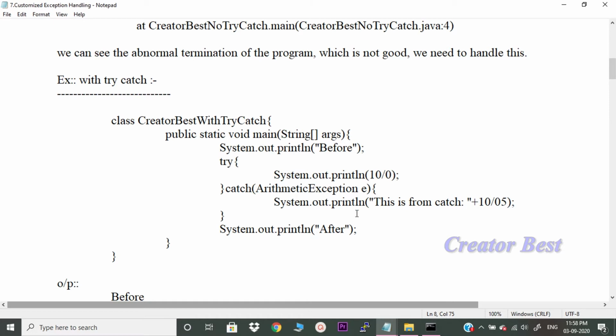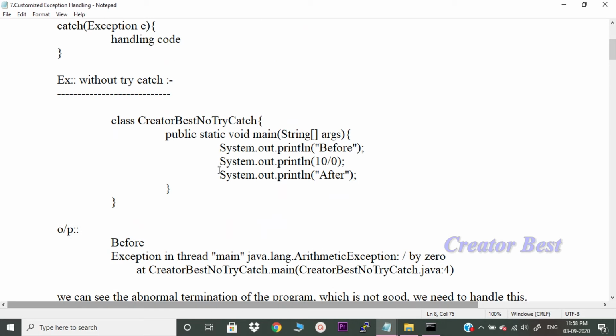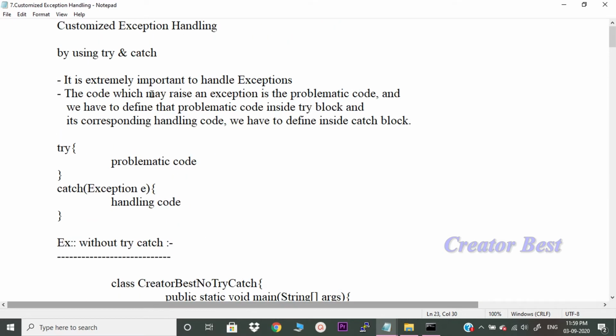Before executing this program, let us understand that in the earlier program, this is the statement which is causing the exception. There is no problem with this print statement or with this print statement either. This is the problematic code. As discussed earlier, whatever the problematic code, we need to place it in the try block, and the handling code in the catch block.